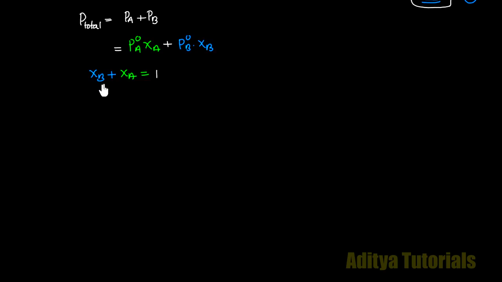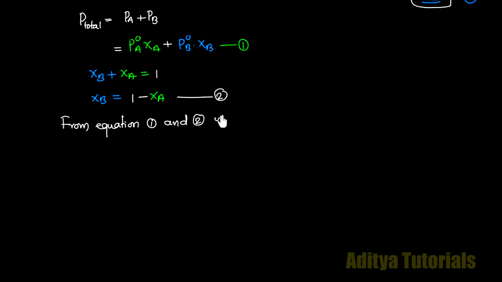Now I will take XB as, it becomes, 1 minus XA. This value should be substituted in the above equation. Take this as equation number 1 and this as equation number 2. From equations 1 and 2, we have